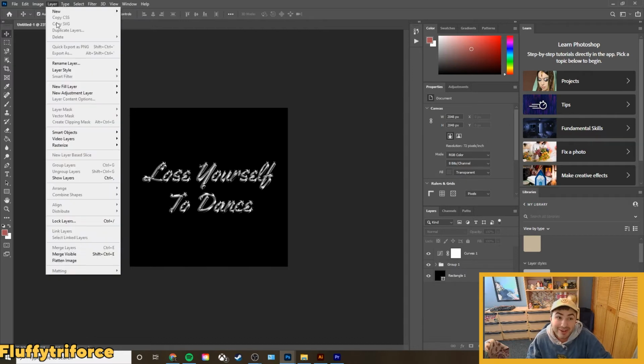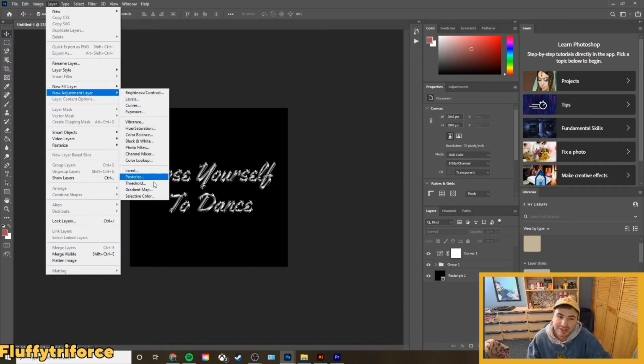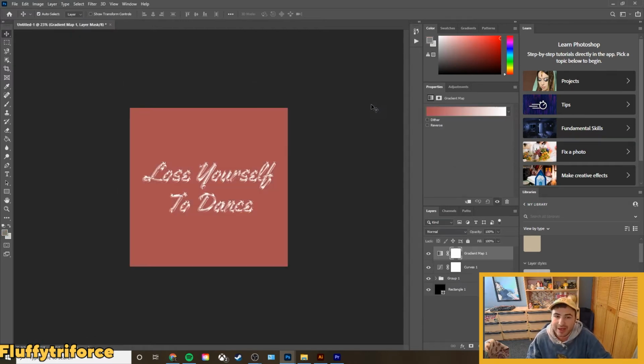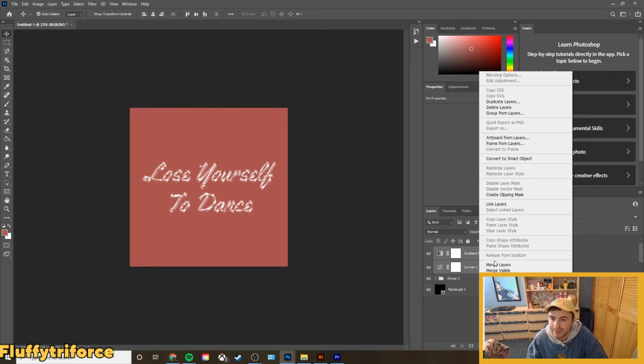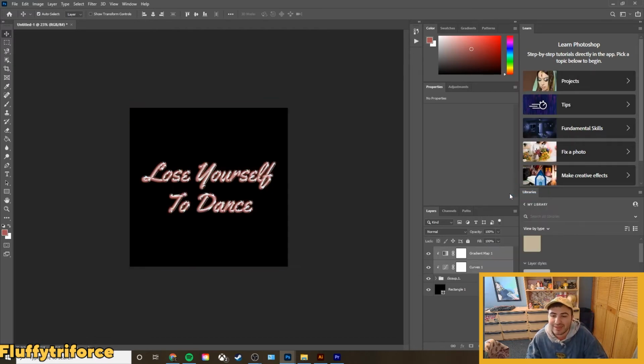We're gonna make another adjustment layer. So we're gonna do new adjustment layer and then gradient map. And you're gonna be like, Alec, why is this taking over the whole image? Well, it's because we need to select both of these and make it a clipping mask. And that means it's only affecting the layer right below it, which is our folder we made. Hell yeah. So for the gradient, we could just double click on that and it will bring up,